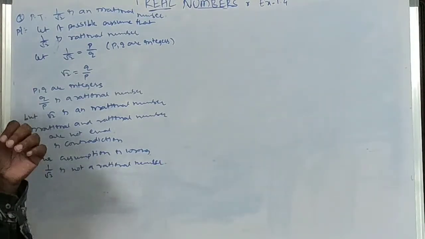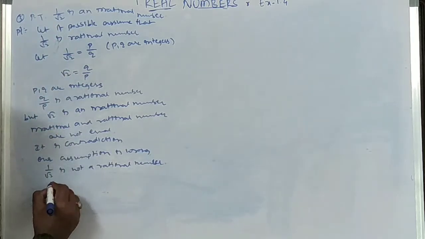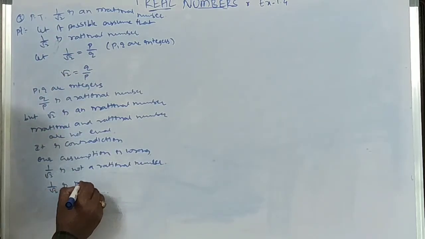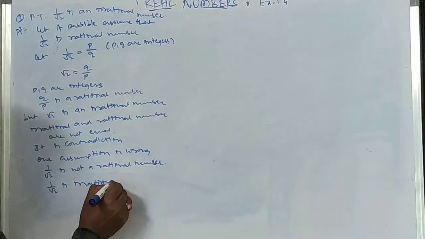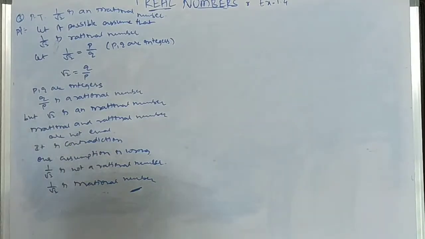So what is 1 by root 2? 1 by root 2 is not a rational number, so 1 by root 2 is an irrational number. So this is the required result. Next,